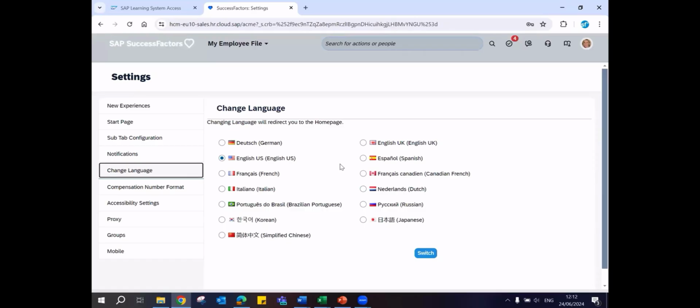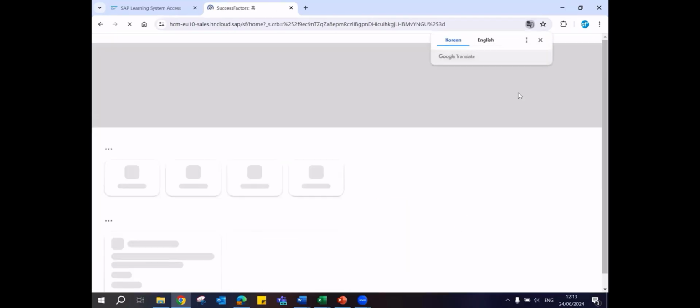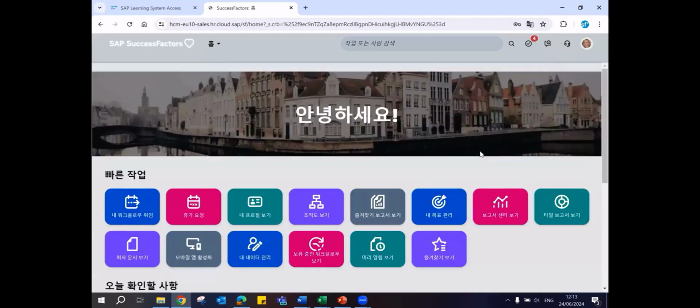So it is the company's decision to decide which languages to be enabled, and they enabled these 15 out of the total 43. But in these 15, now it is the user's choice which language he wants to use the system in. He's interested in English, or if he's a person from Korea and he's interested in seeing the system in Korean language, it's up to him. I click on Korean and click on switch, the entire system will now start showing up in the Korean version.